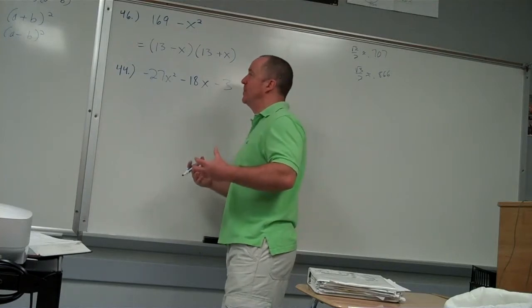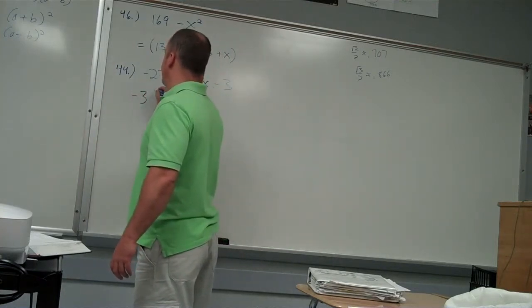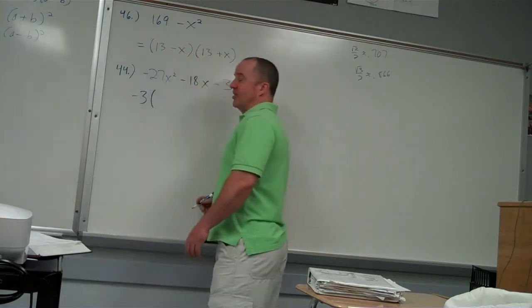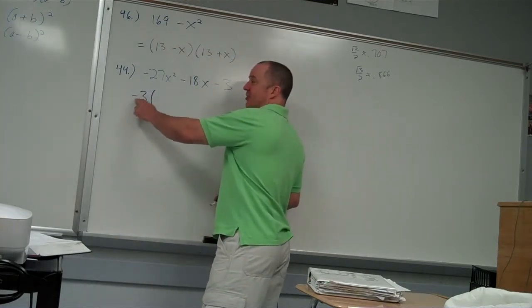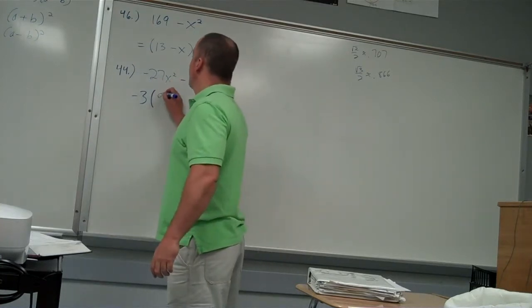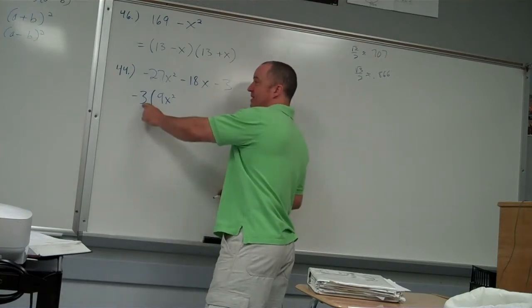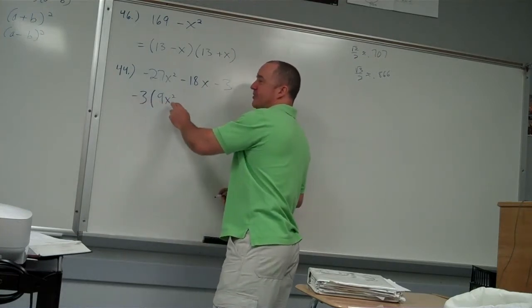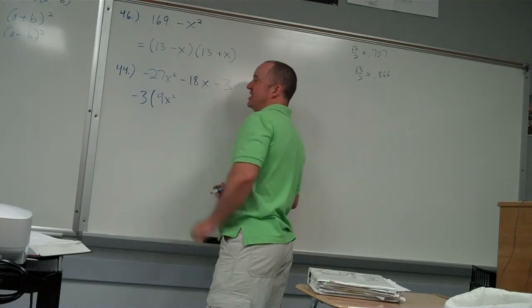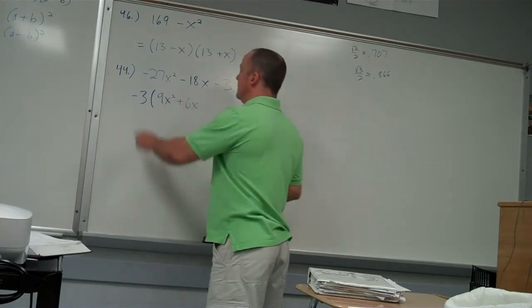Watch carefully. This is sort of new. I'm going to take out negative 3, because they're all negative. So negative 3 times what gets me negative 27x squared? 9x squared. You're right the first time. Negative 3 times what gets me minus 18x? Plus 6x. And negative 3 times